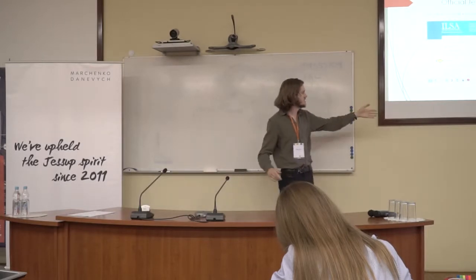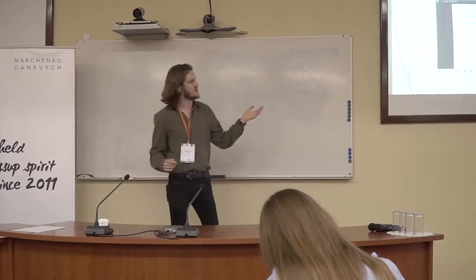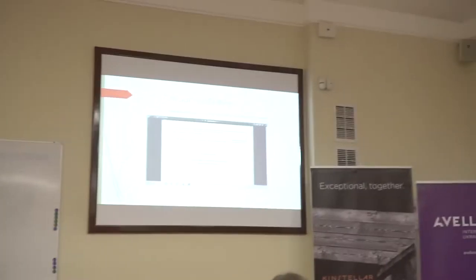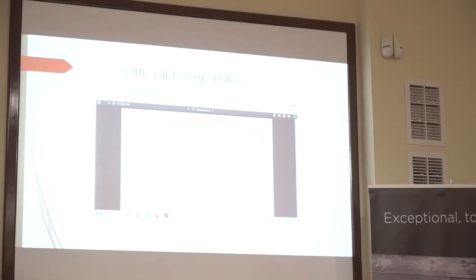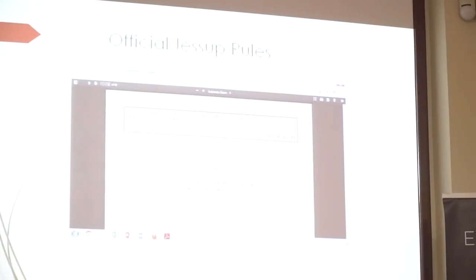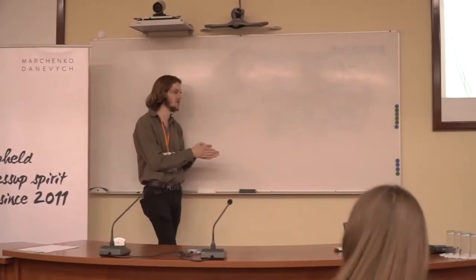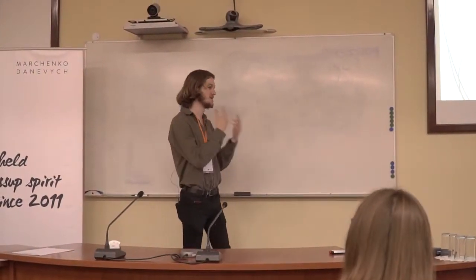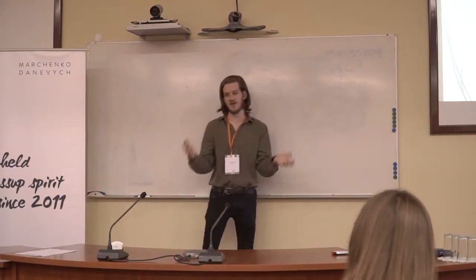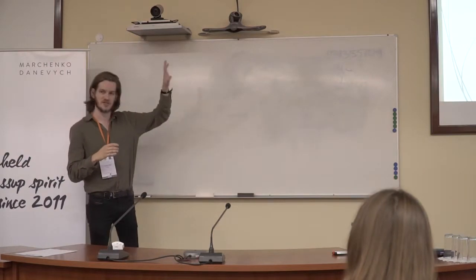And then you get to this page, and there's a link there for PDF. And that's what the official Jessup rules look like. They are 48 pages long. And they govern everything from how judges are selected, how national rounds are administered, how a team is put together, how that team registers itself. So not all of it will be relevant to you, but just so you know, this is where all the